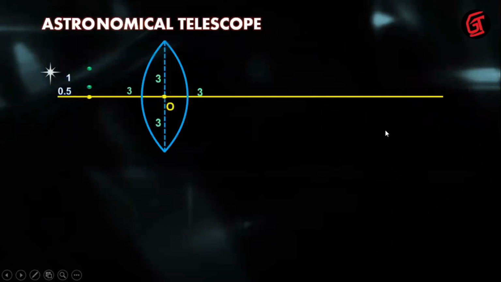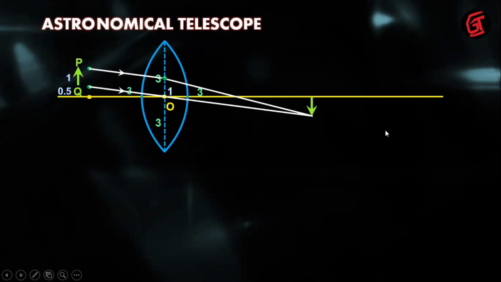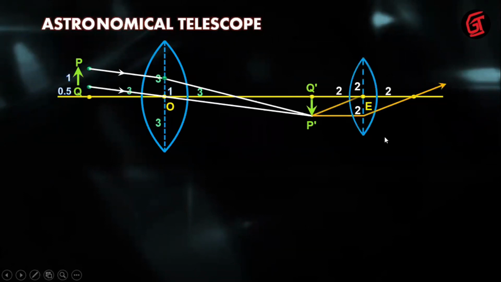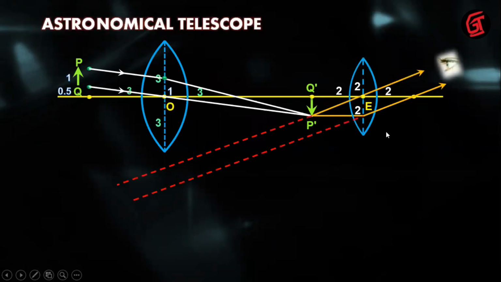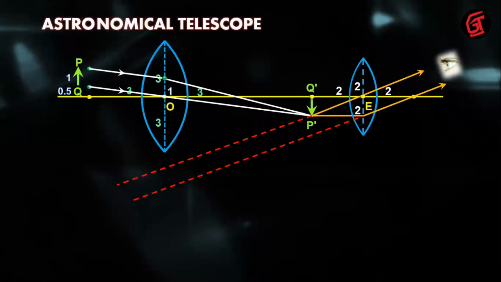You take this as your diagram. Okay, suppose your object is here, PQ, same way it is passing, how it passes, and there is your other lens, eyepiece is here, passes. So from this eyepiece, it shows that kitna bhi dur ho, with the telescope we can see the particular image.